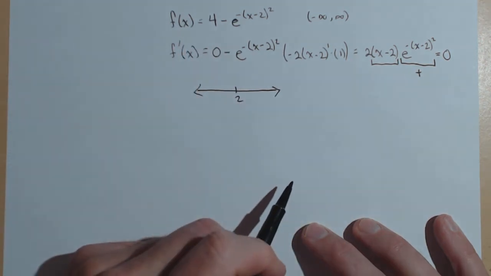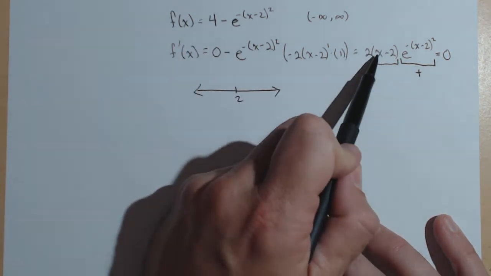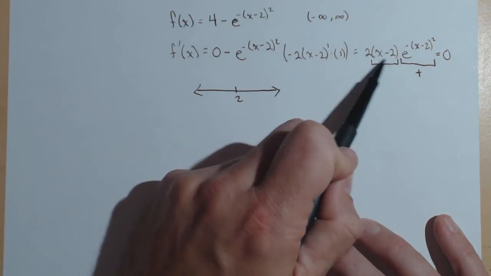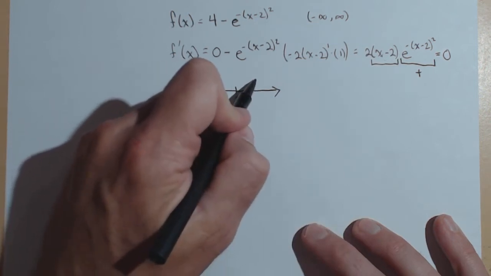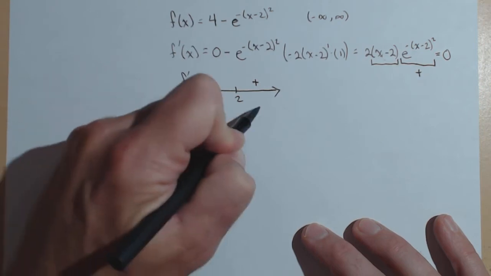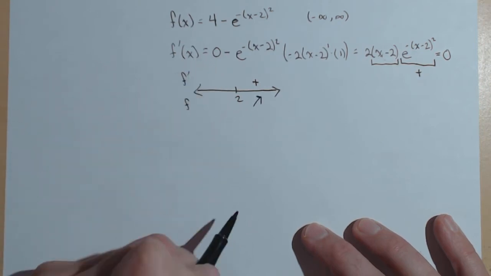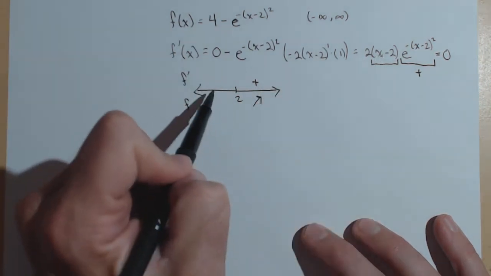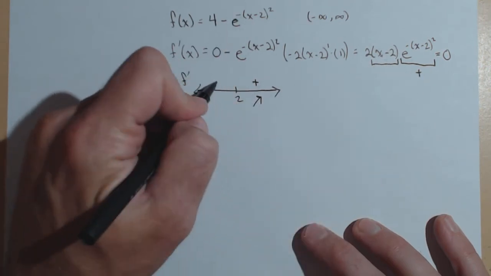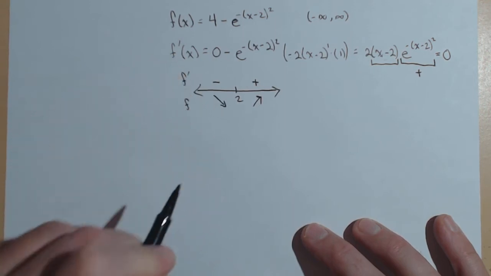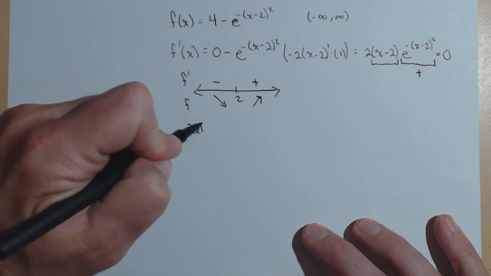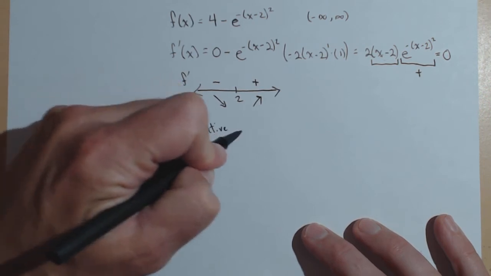So let's build our sign chart from this. Now remember, this is always positive, so if x is larger than 2, say 3, this will be positive. A positive times a positive is positive. So our derivative is positive, which means from 2 to infinity, our function is increasing. If we use a number smaller, say 0, 0 minus 2 is negative. A negative times a positive is a negative. So our function is decreasing. So right now, we can definitely conclude that we have a relative minimum